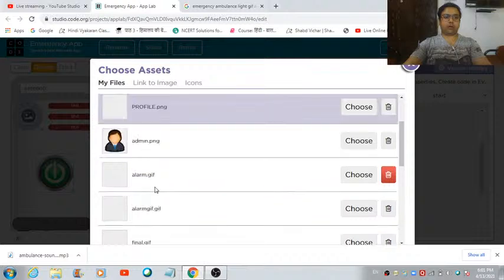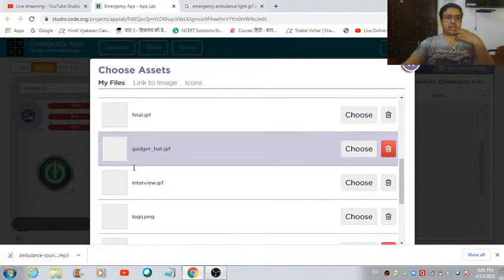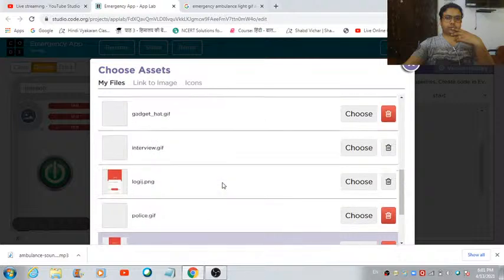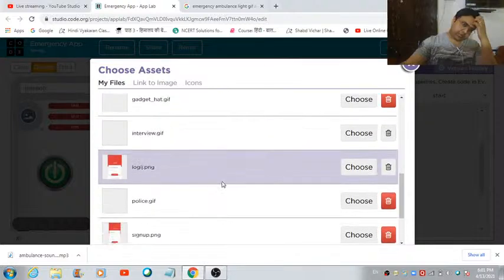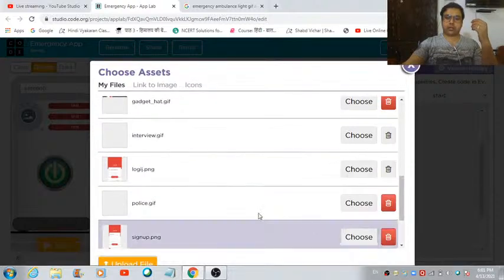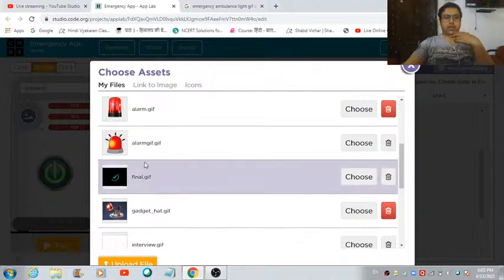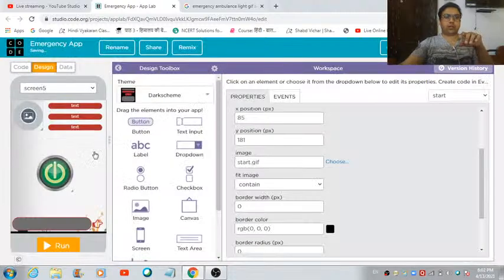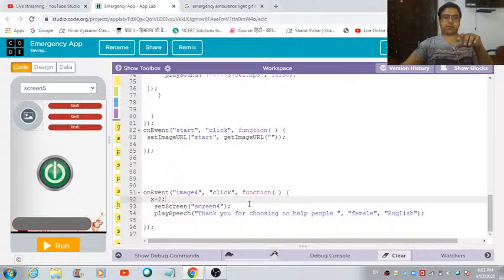So it is, I've saved it with, where is that image? Just give me a short moment. The images are getting uploaded right now. I think the internet is a little bit slow at my end, maybe because of that. Yeah, so the ID of this image is alarm gif.gif. Okay, so this is how I can set the